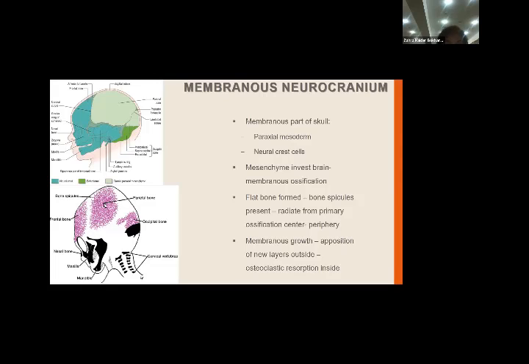There is a primary ossification center, and from it these areas of ossification radiate out and spread from the center towards the periphery. Bone formation begins from one center and radiates away from the center point towards the periphery. Then in adjacent areas you have bone formations, these different areas approach each other, they fuse with each other, and finally you have one whole